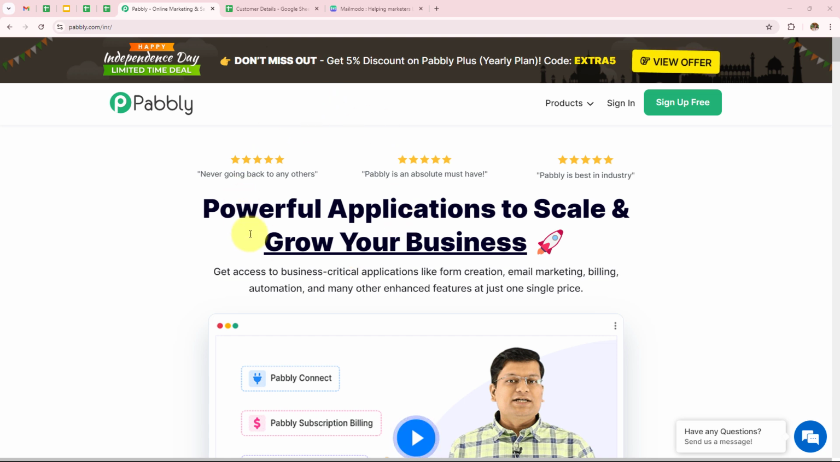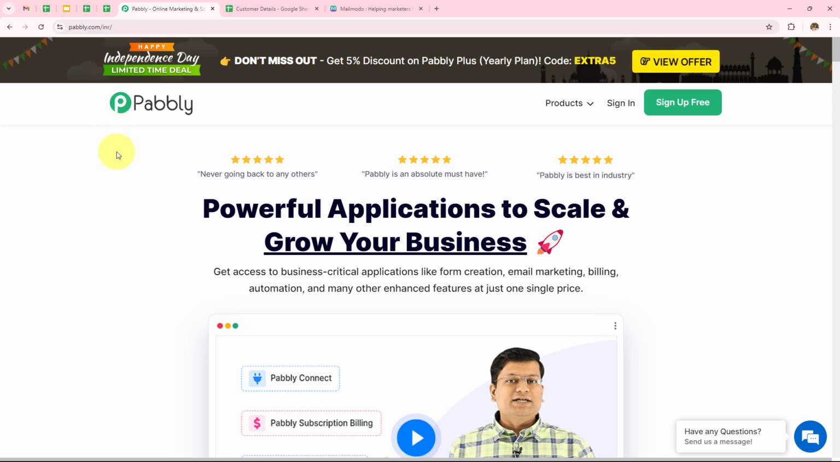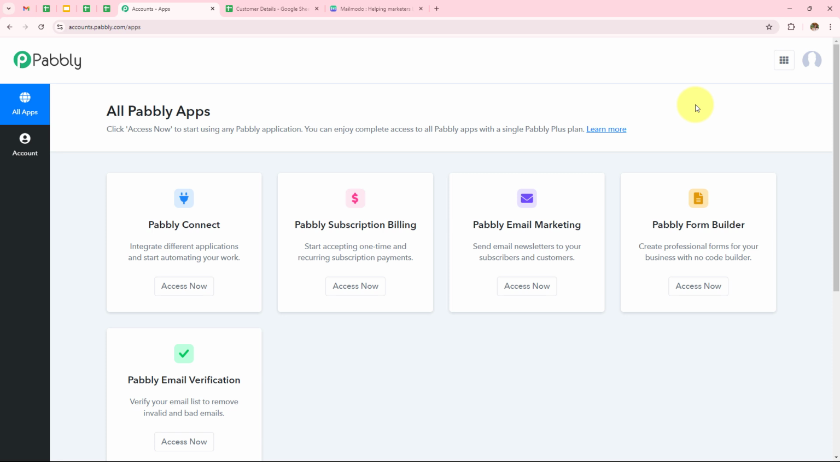So this is the landing page of Pabbly and you can visit this simply by typing pabbly.com/connect in your browser. After browsing the website, we need to sign into our Pabbly account. On the top right corner, you can see two options, sign in and sign up for free. If you are an existing user, click on sign in. But if you are a new user, click on sign up for free and this will give you 100 tasks free on a monthly basis. As I'm an existing user, I'll click on sign in and here a dashboard has appeared